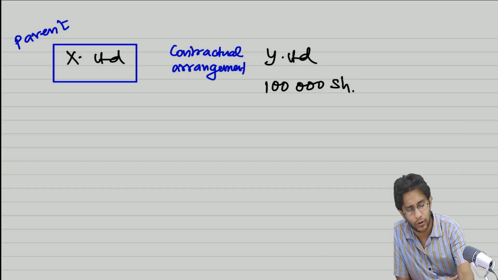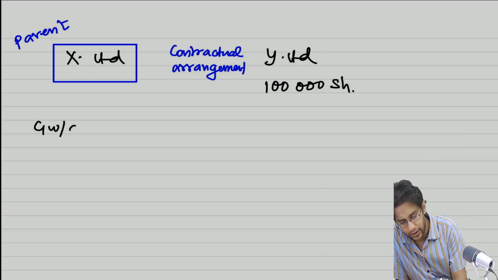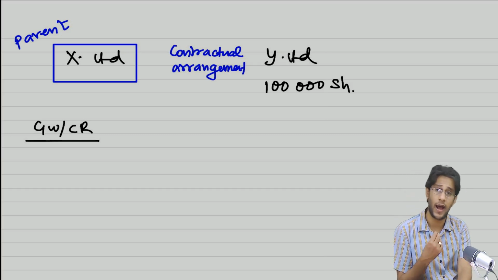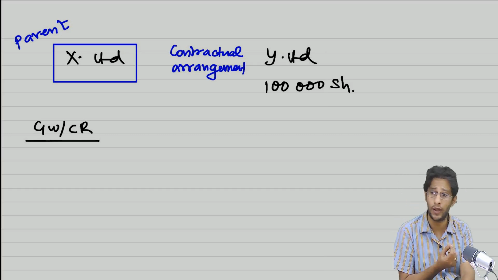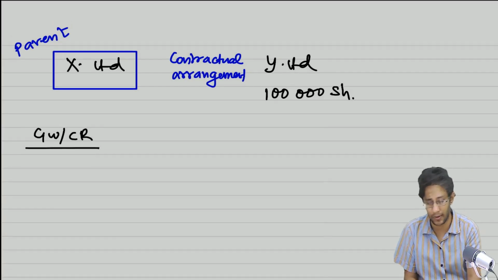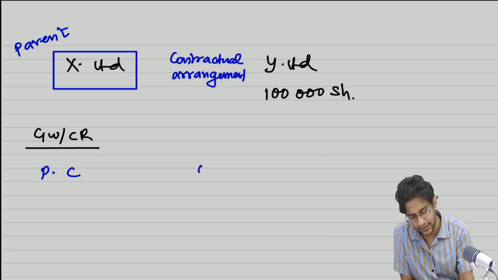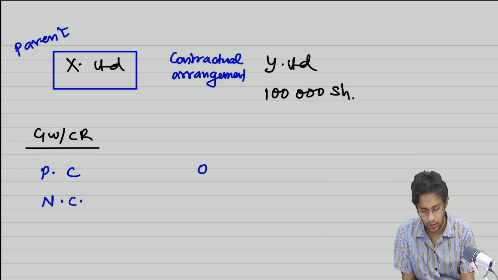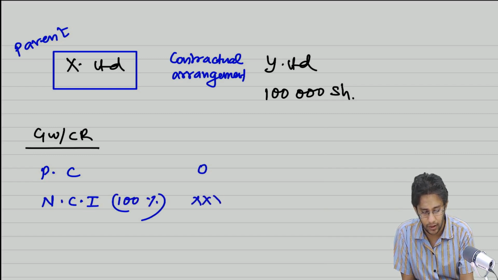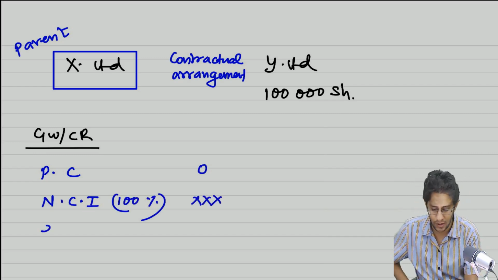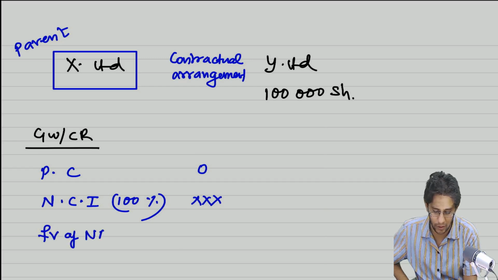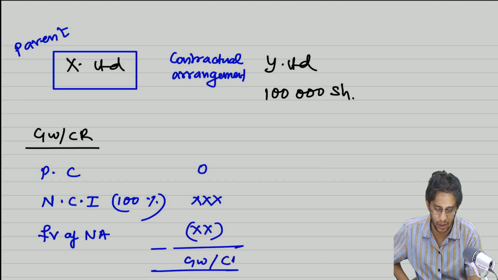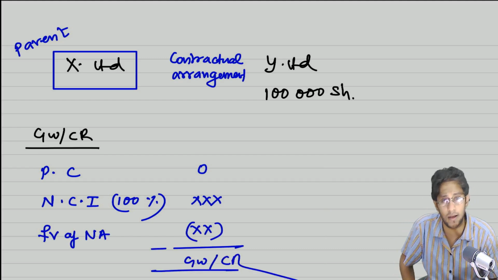So X now has to work out goodwill or capital reserve. How will they do it? They did not pay PC anything, nor do they already have some shares whose fair value I can consider, like we did in the previous example. So PC is 0. NC, the entire shares of Y Limited, will be grouped under NCI. You compare this with the fair value of identifiable net assets acquired, and then determine whether you have a goodwill or a bargain purchase gain.